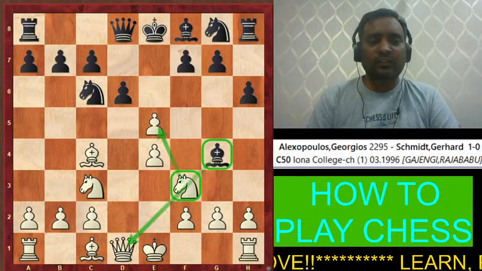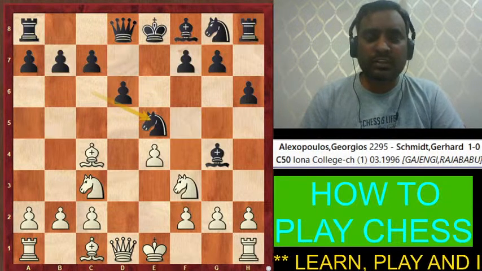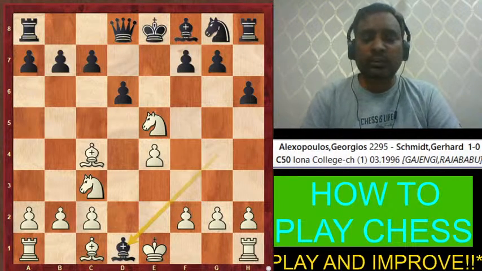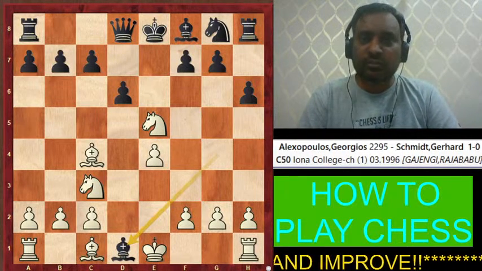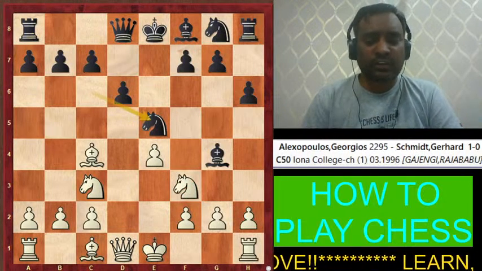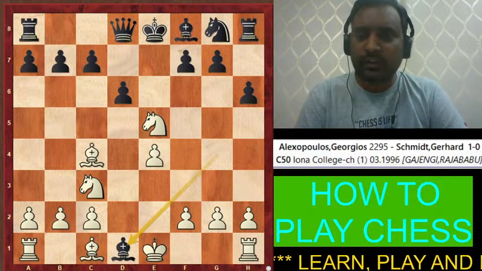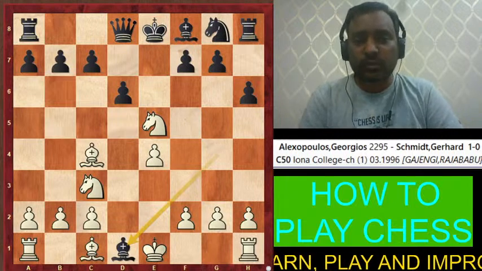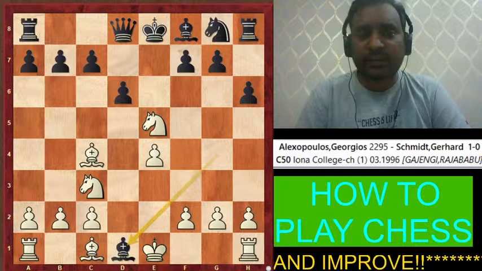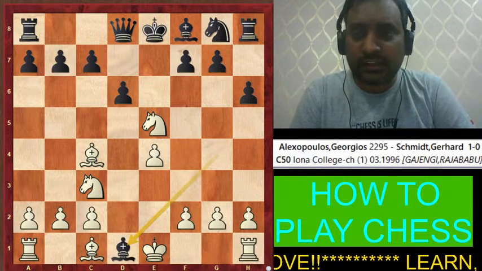So here, after capturing this, the opponent played knight to e5, and in the movie also Akshay Kumar just captured the knight and gave away his free queen. Then the police officer got surprised, why did Akshay Kumar sacrifice his queen? Because after immediately taking this knight, we are losing the queen. Even though we are losing the queen, we are going to win the game. Now white is going to win the game, and this particular trap is called legal mate.